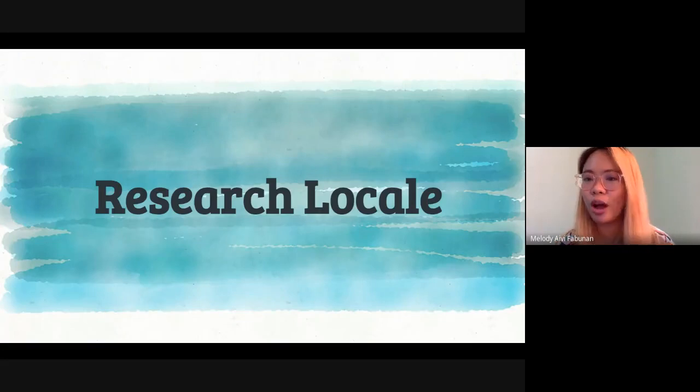So pag-usapan ninyo as a group, can we satisfy the number of respondents in just Subic or in just one barangay, or do we need to expand more? For number of respondents kasi, ang range niyan talaga is around 30 to 60 respondents. Pag interview, 30 is acceptable. Pag survey, usually 50 to 60 ang respondents na kailangan ninyong mahanap. So with that number in mind, pag-usapan ninyo, will you be able to satisfy the required number of